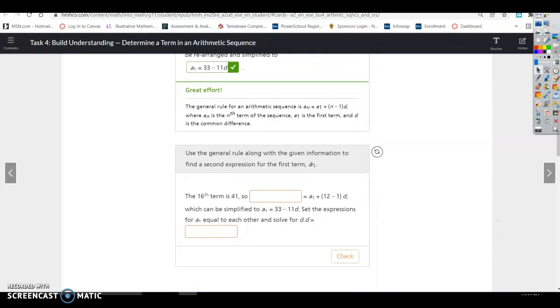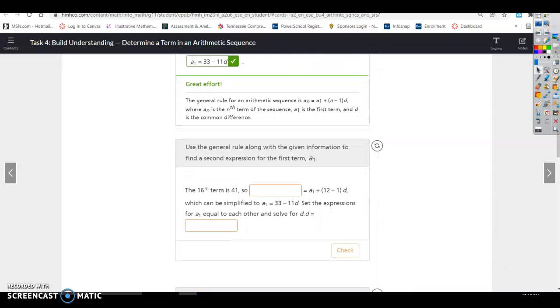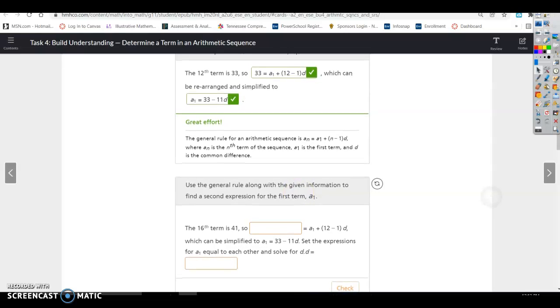All right, so it says use the general rule along with the given information to find a second expression for the first term. So the 16th term is 41. All right, so I think they've got this confused with the one above it. So let's fix this right here. It says the 16th term is 41. So 41